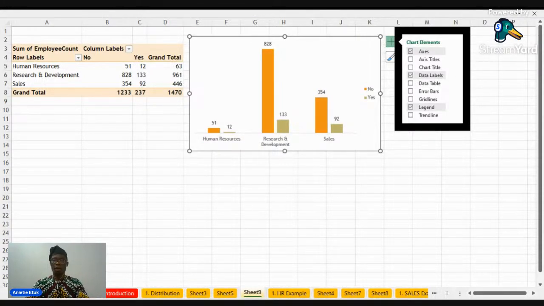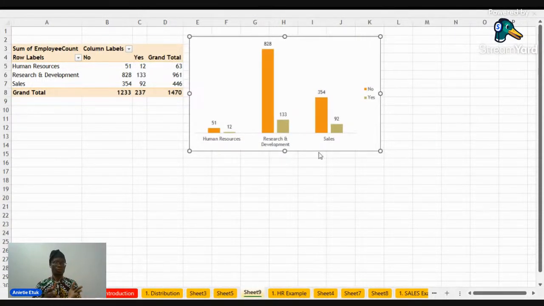Okay. Now, I've seen a lot of persons report this data this way. This is not really correct, because from this, the assumption is more persons have a higher attrition in the research and development department, and the next one is 92 in the sales department and 12 in the human resource department. Now, in doing this, you're just reporting distribution.